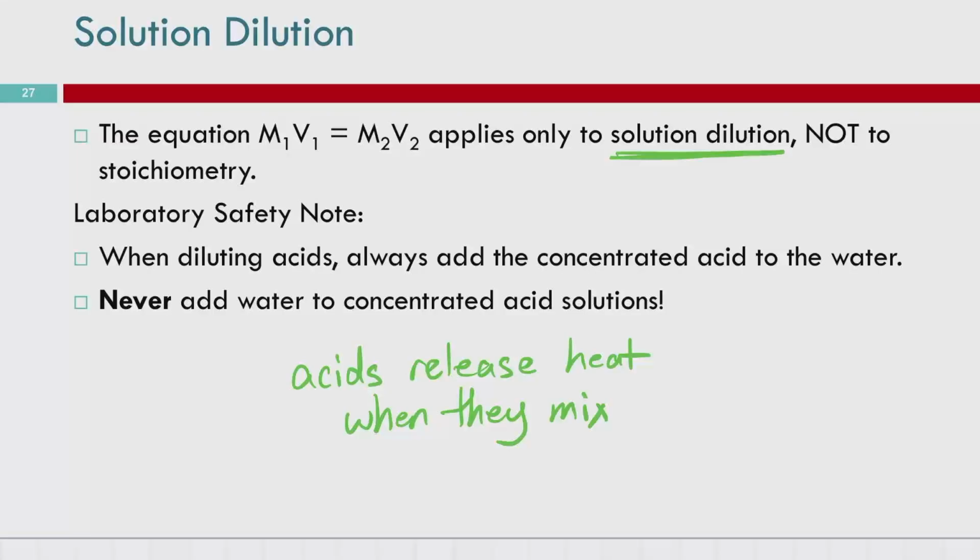So the reason for this, acid to water like you oughter, not the furry riverine animal, but ought to, acid to water like you ought to, is because if you add water to a concentrated acid solution, it's the acid part, not the water part, that releases all of the heat. It's because it's dissociating. So when you add water to a concentrated acid solution, that has the potential to release a ton of heat,